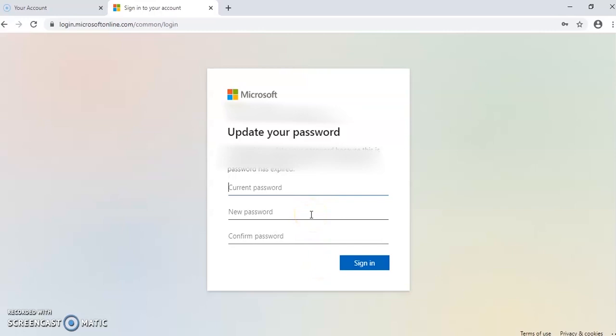When you first sign in with your official DDUC account, the system will automatically prompt you to change your password. So you can put any convenient password of your choice. Or if you are requested to, note down whatever change you are making in your password so that later on you can refer to that.